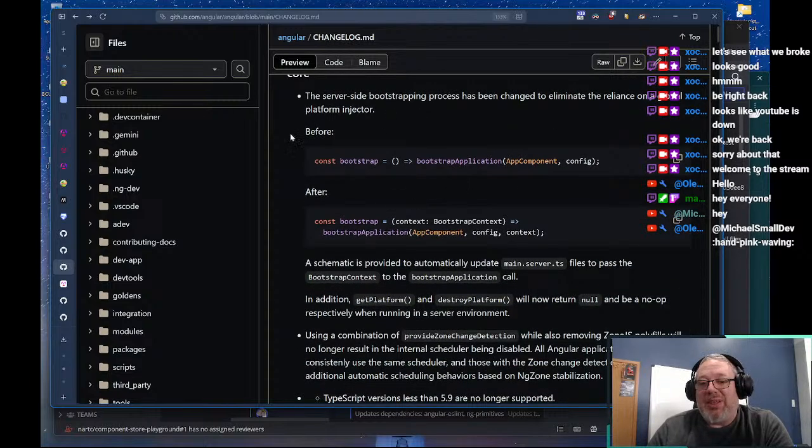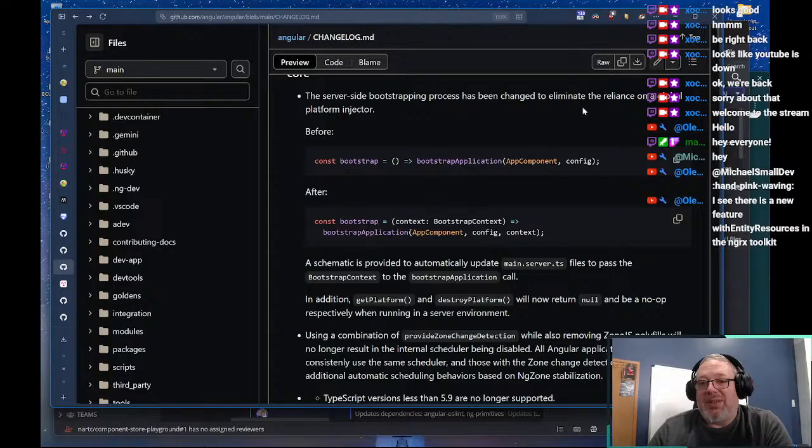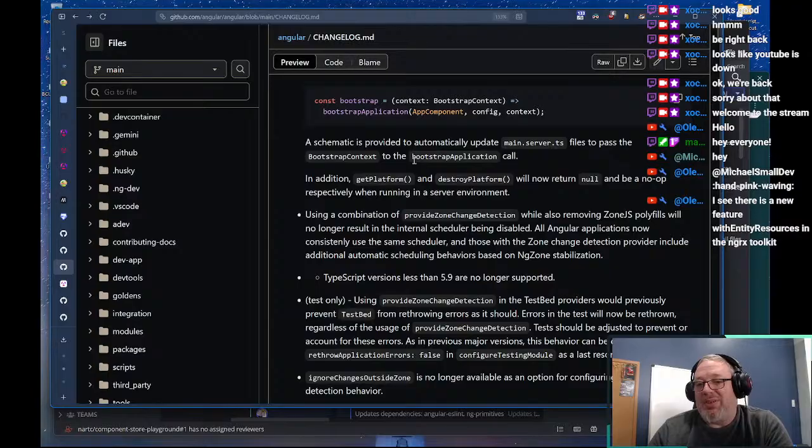So the other thing they did is they fixed up the bootstrapper, and there's a schematic to do this, but they also made it so that when you're running in a server environment, get platform and destroy platform will be no op, which is really cool. I see there's a new feature with entity resource in the NGRX toolkit. We're gonna have to take a look at that, Ole.